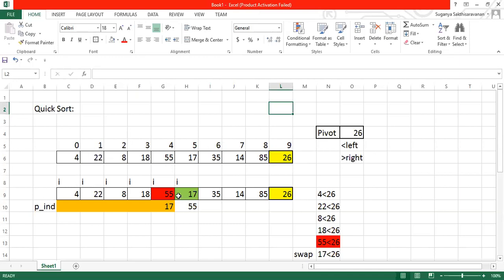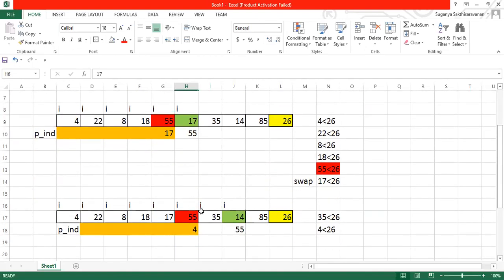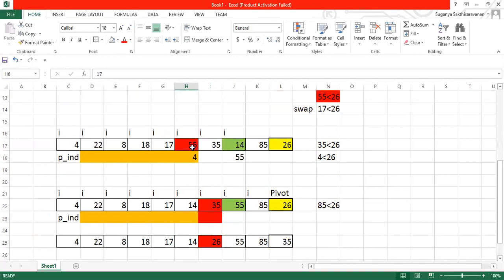Whenever you find it is greater, you're supposed to swap with the next lesser element which is available in the array or list. So here the next lesser element which is less than 26 is 17. So I'll be swapping this 55 with 17. After 55, again the next smallest element is 14. So 14 will be swapped with 50, which was swapped with 55.